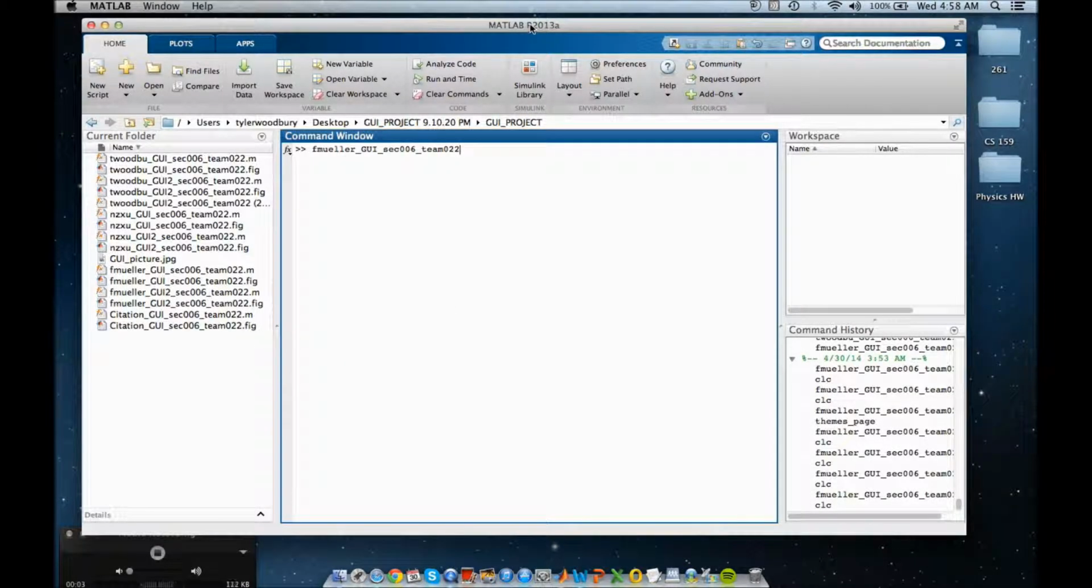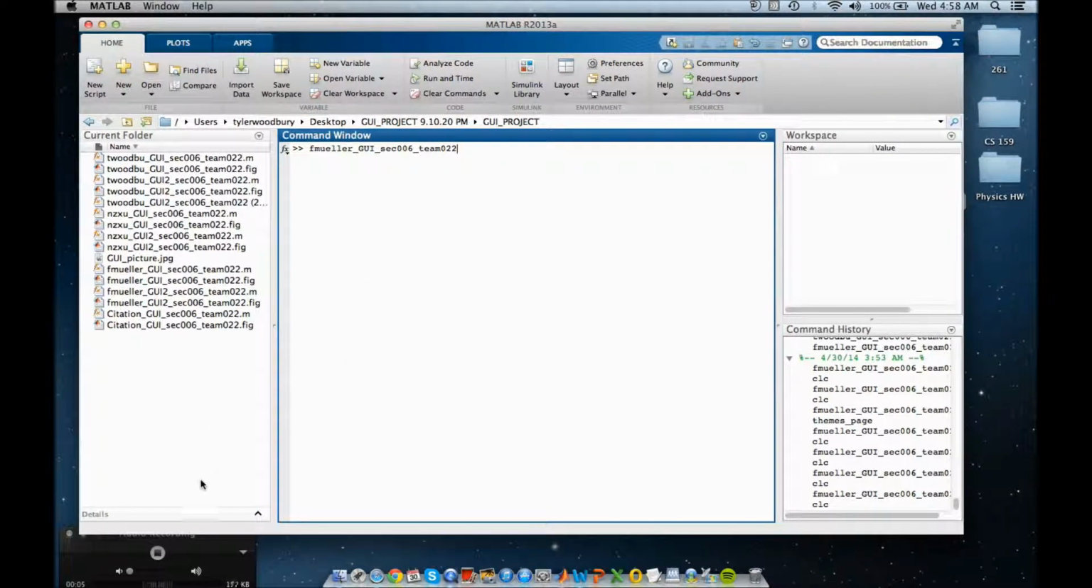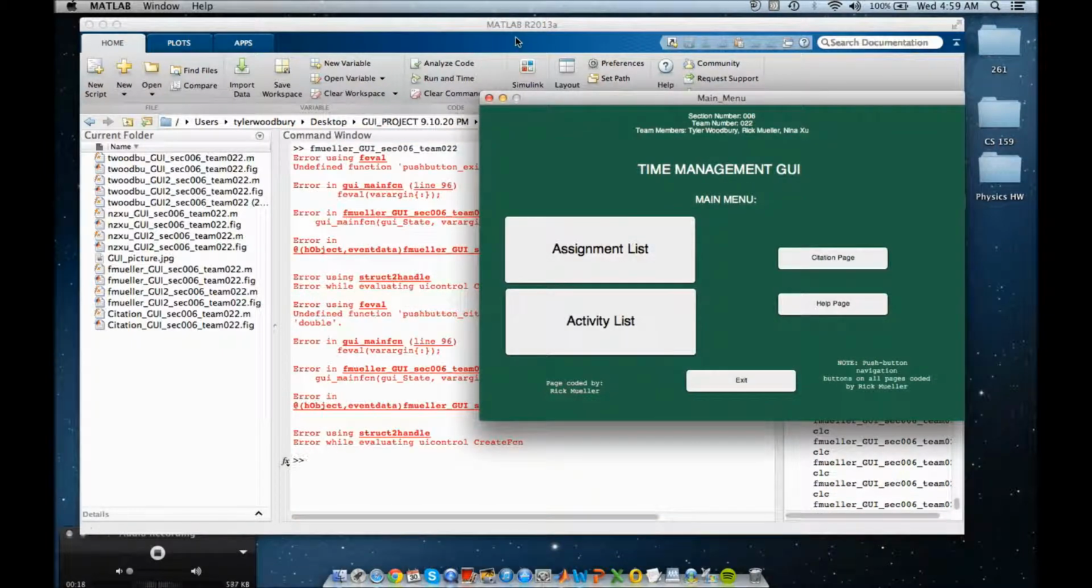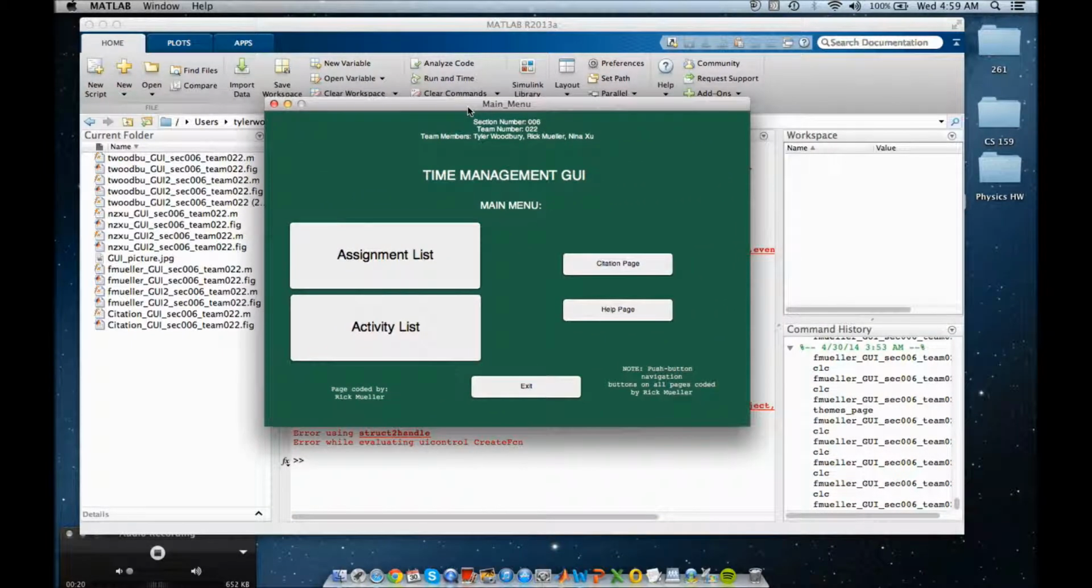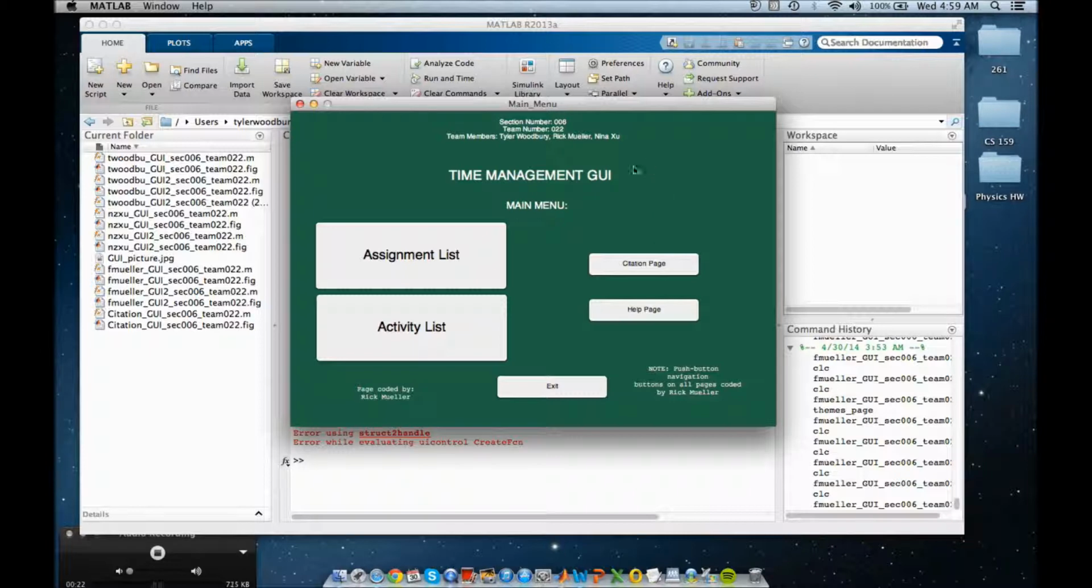Hello everyone, this is Team 22, and we are going to be doing our GUI, also known as our Time Management and Neatness Tool, or TMNT for short. So we'll start by opening up our main page, and this is what it looks like with the green background. On our left we have our assignment and activity list buttons,